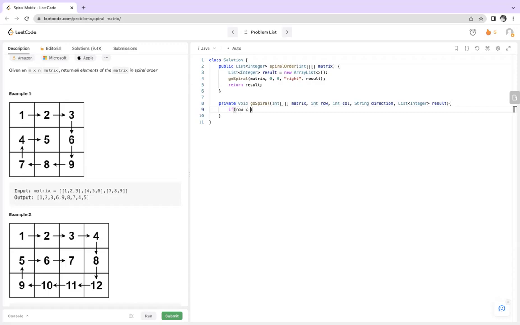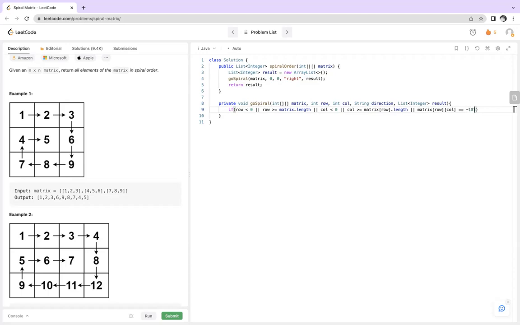So the boundary condition: if row is less than 0 or row is greater than or equal to matrix dot length, or col is less than 0, or col is greater than or equal to matrix of row dot length, or matrix of row and col is equal to